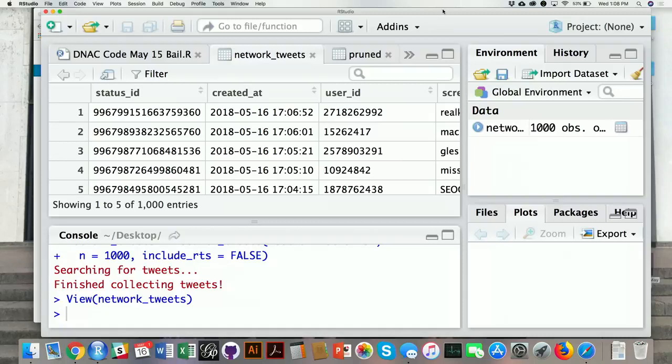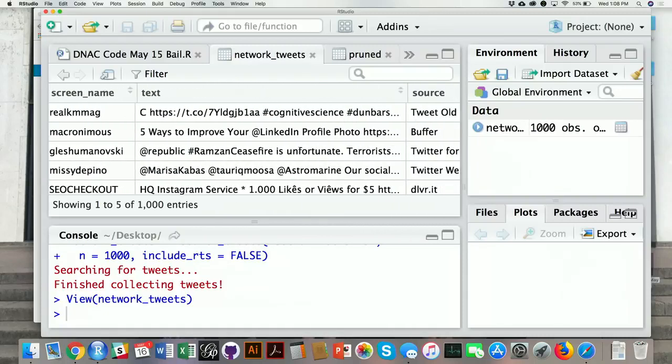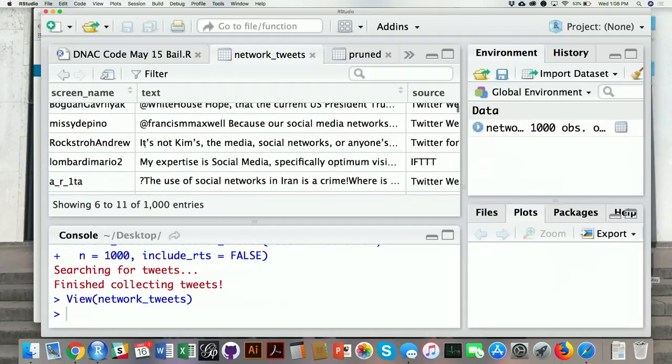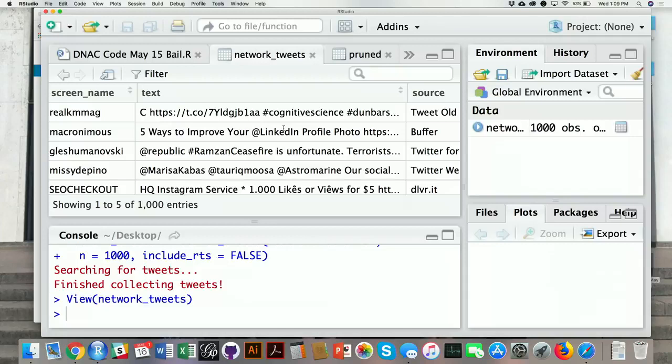And so now, as you can see, we've got a really large database of tweets, people talking about social networks. Obviously, they're not all talking about Harrison White or Duncan Watts, but this is just a proof of concept to show you how you could grab the data. And you'll also notice that this handy function that we use, the search tweets function, has not only